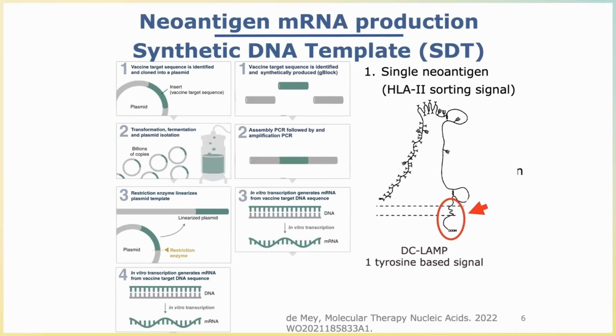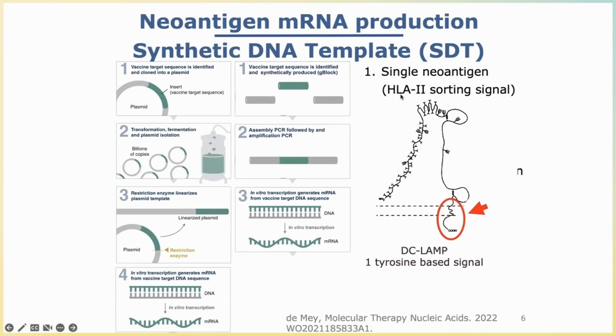And this tyrosine-based signaling molecule makes sure that the proteins that are coupled to this dendritic cell lysosomal associated membrane protein are actually transported to the lysosomes so that they can potentially be loaded onto MHC class II or HLA